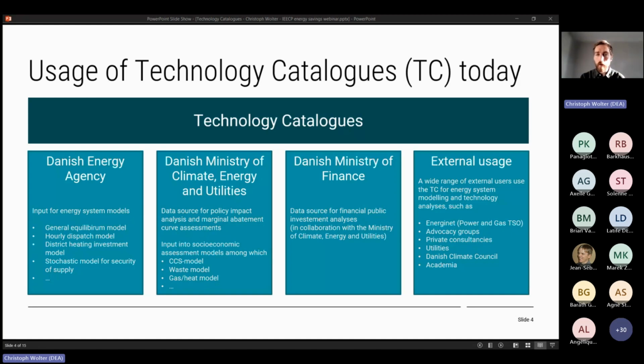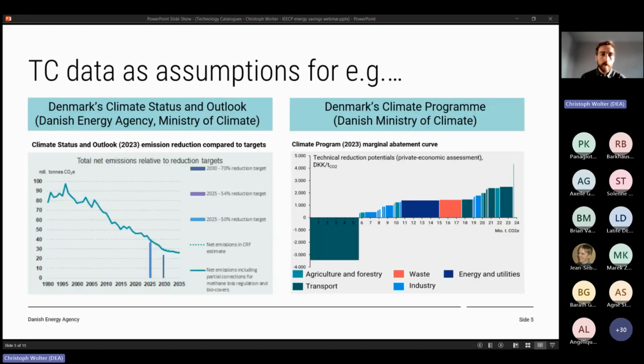and we have actually established a network to talk about the ongoing development of the catalogs. Just to give you some examples of what that might entail, on the left side you see the condensed figure of the climate status and outlook that we publish ourselves. It's 2023 data, so there are already updates,